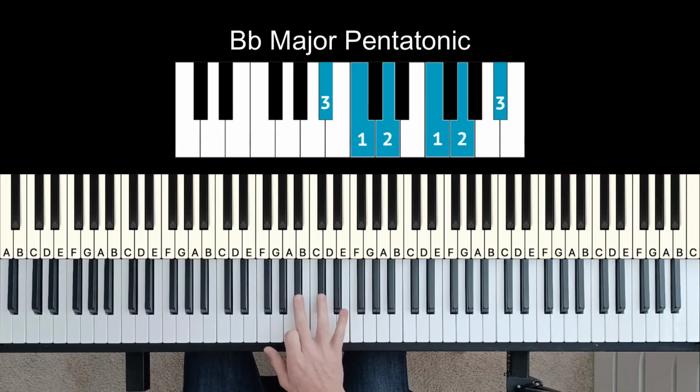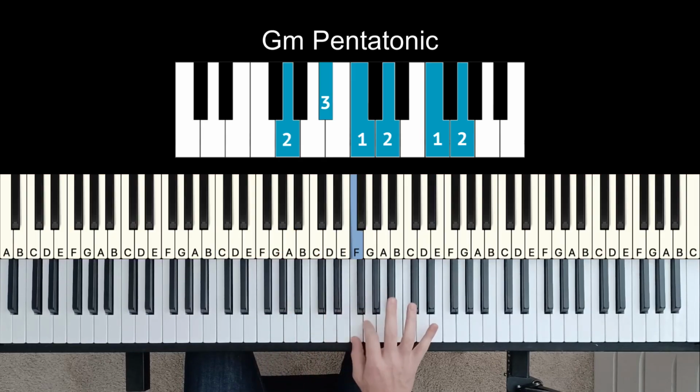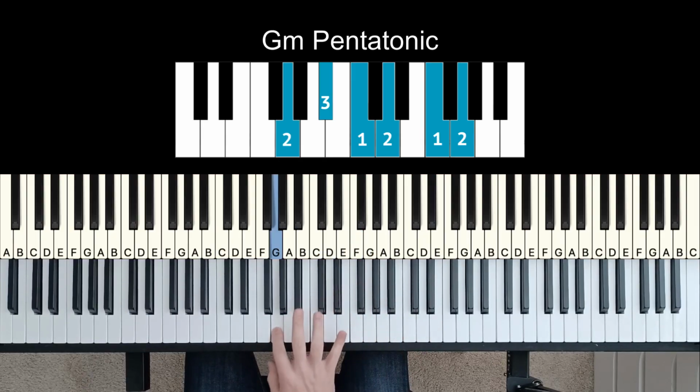So for B flat, you start with finger 3, and you find the relative minor, which would be G. So you start on finger 2, and for 2 octaves,